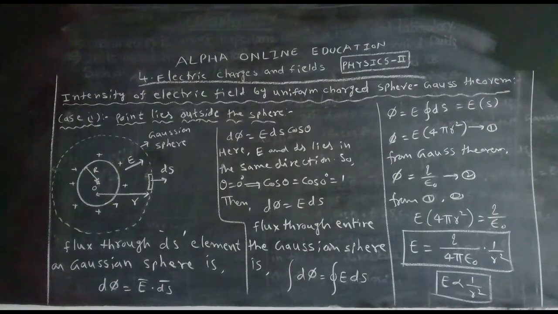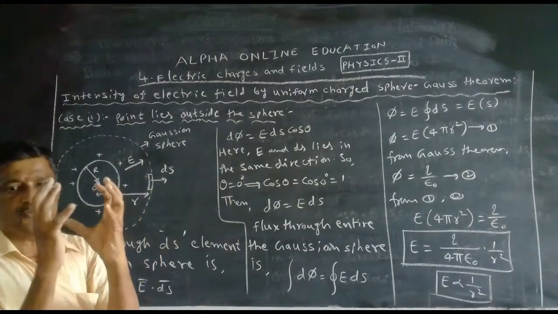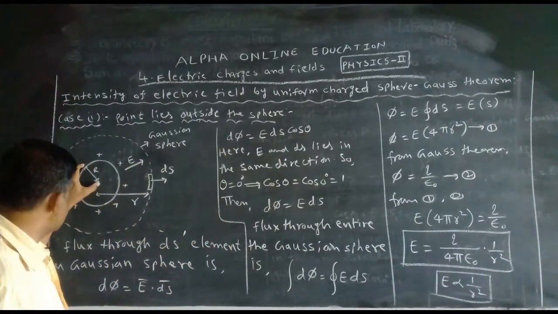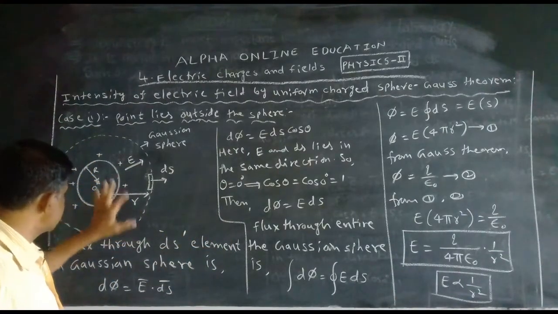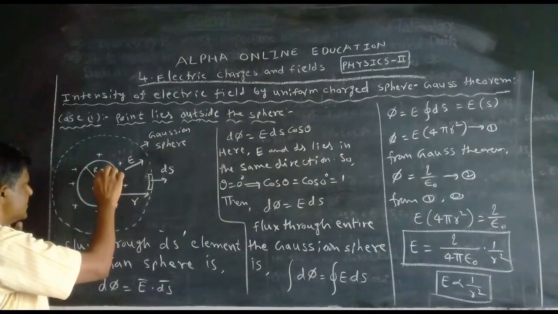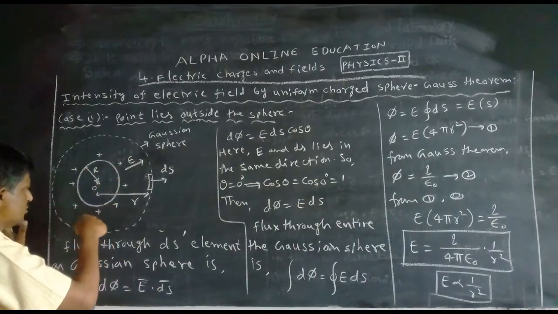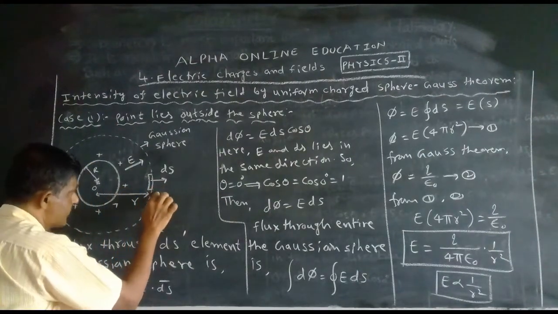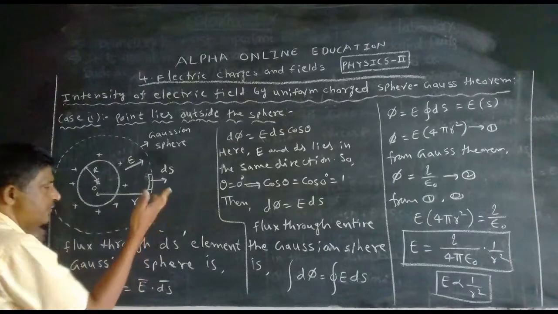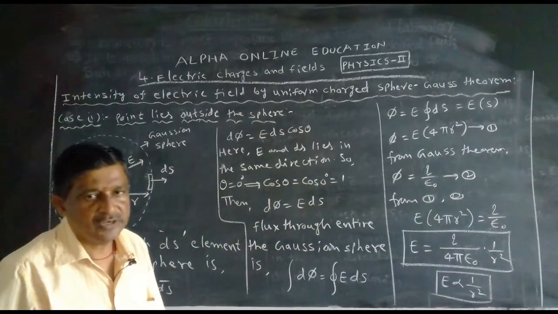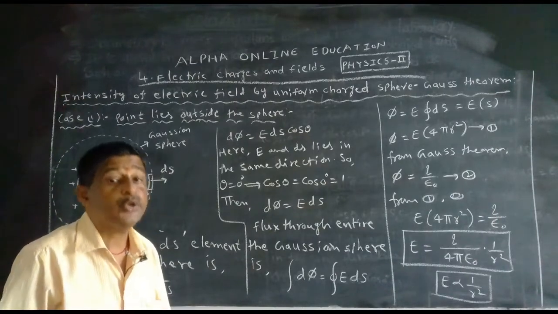Now, this is a uniform charged sphere. This sphere radius is R. Total charge is Q. This is the sphere. This radius is R. This charge is Q. Now we take one point here. At this point, to find the intensity of electric field, we imagine a unit positive